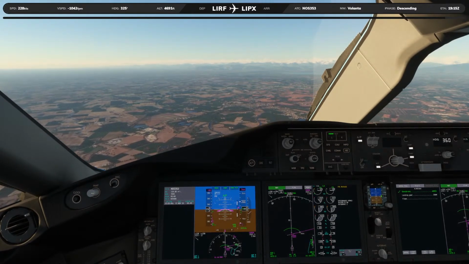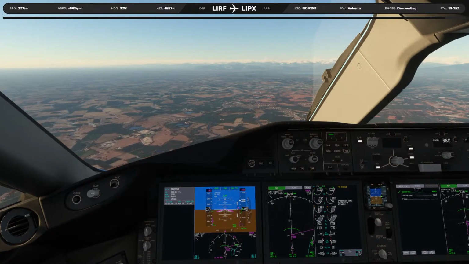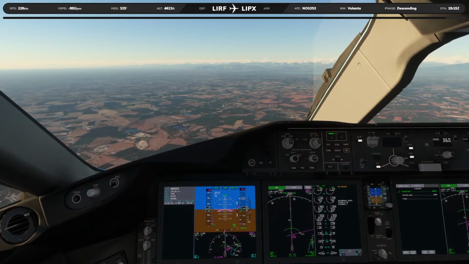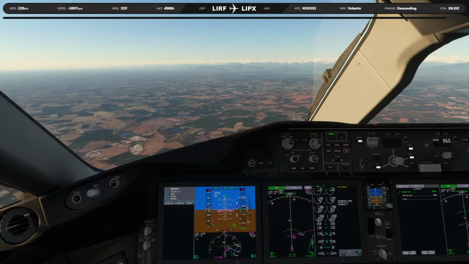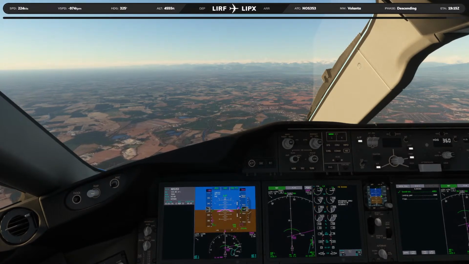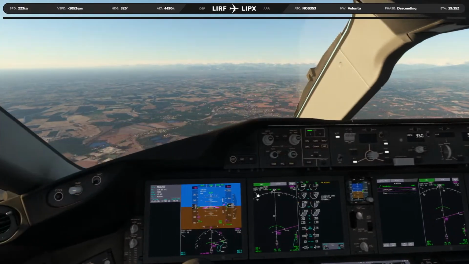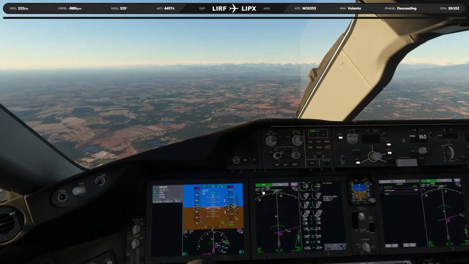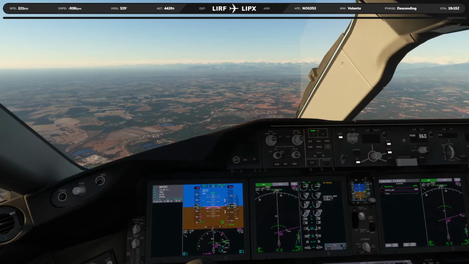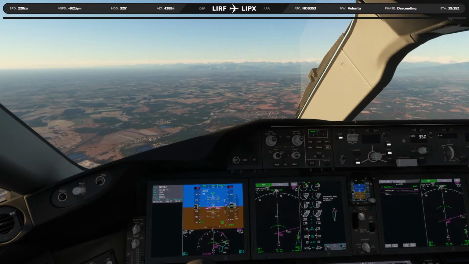All right, we are approaching Verona, and we're approaching 4,000, so looking good. We are going to activate the approach button here. Approach. Excellent. Speed check. Flaps 5.